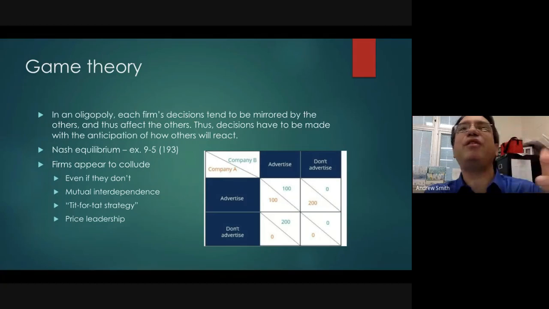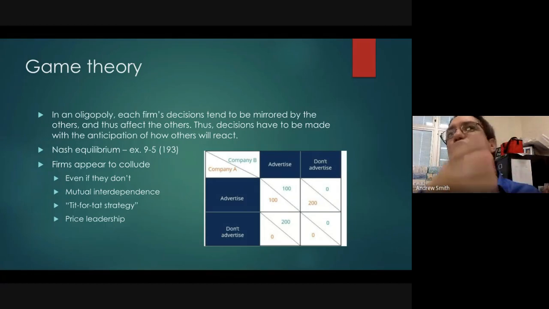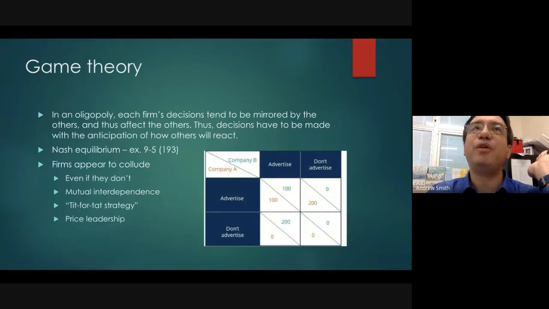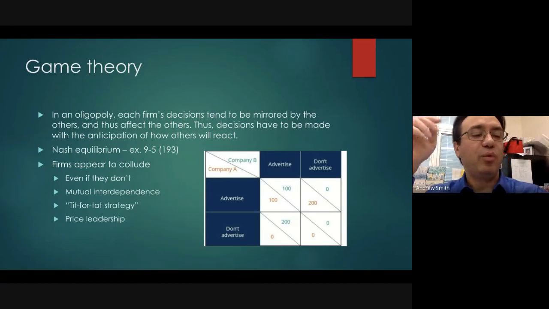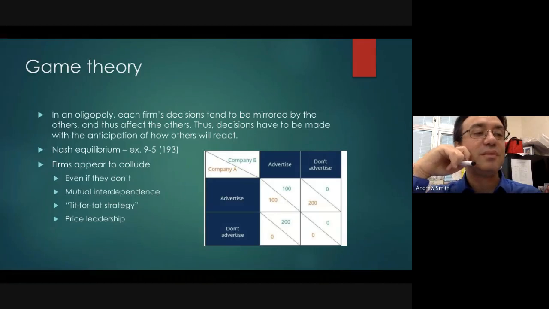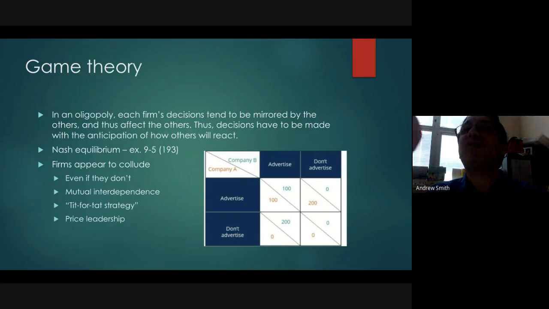So what's going to happen is, let's say the first company chooses the low price to get the huge profit. Well, what's the other company going to do? They're also going to lower their price, and then eventually both sides lose. So it's better off for both sides to just keep the high price versus trying to compete. And so what often ends up happening is that one firm becomes a price leader, where they carry out leadership, and then everybody else will follow.